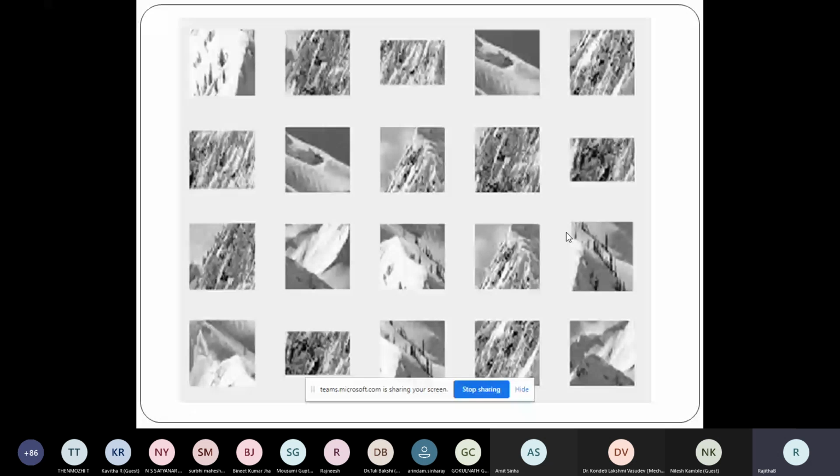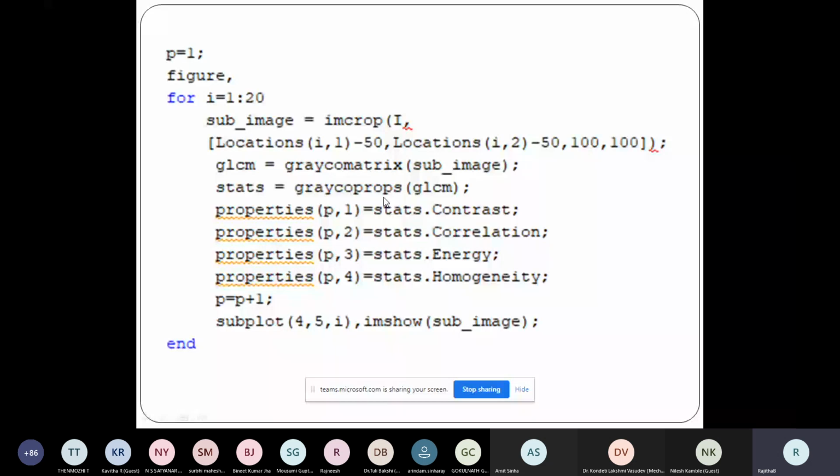Now I have to find the features for this block, this block, this block, and so on. So I've restricted my feature extraction only to these 20 blocks, right? I'm not taking all the blocks because these are the main orientation blocks, so I'm working only on these blocks. Okay, so in MATLAB you have a gray component matrix. Actually this